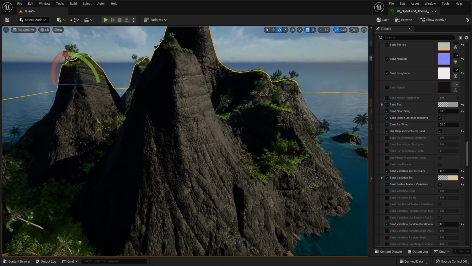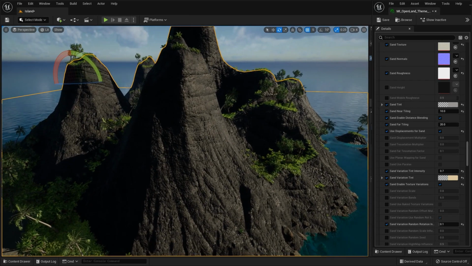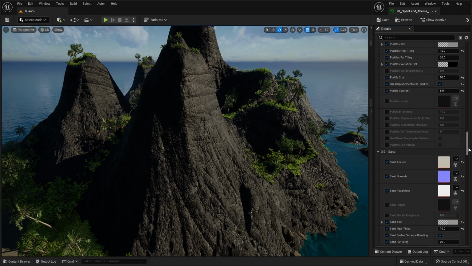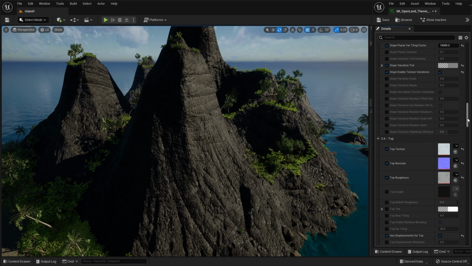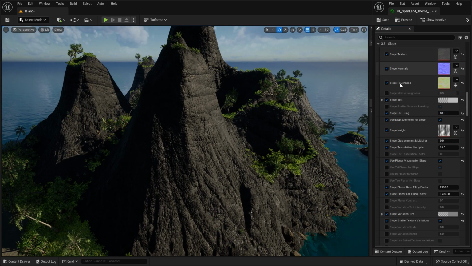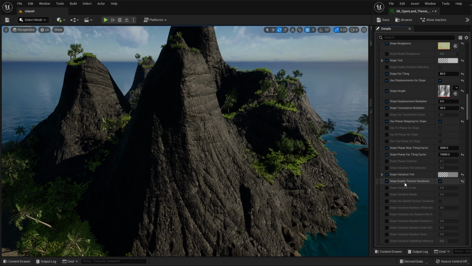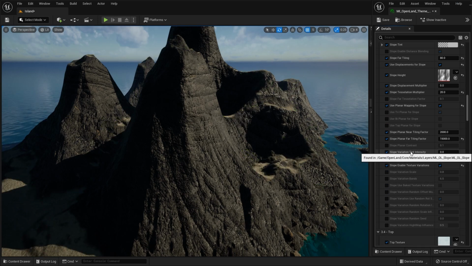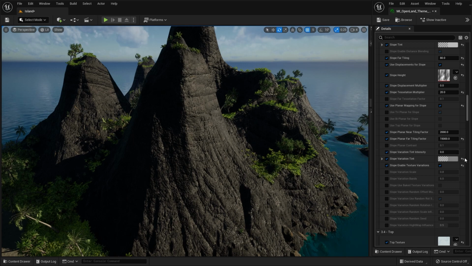So I don't want to overdo it, but I want to put some reddy orange variation in here. So in order to do that, similar thing, we need to find the section for slope, which is section 3.3. And if you come down to the same parameter, the slope variation tint intensity,